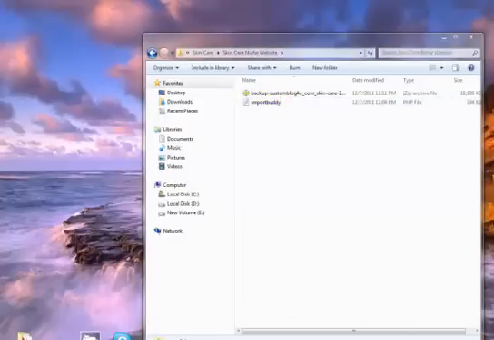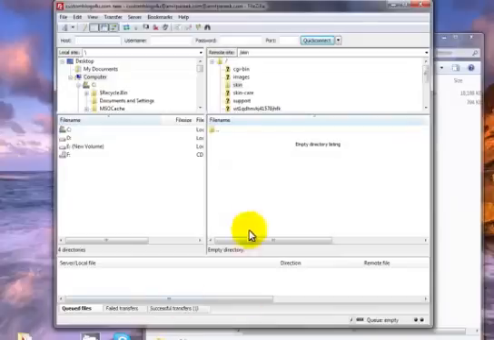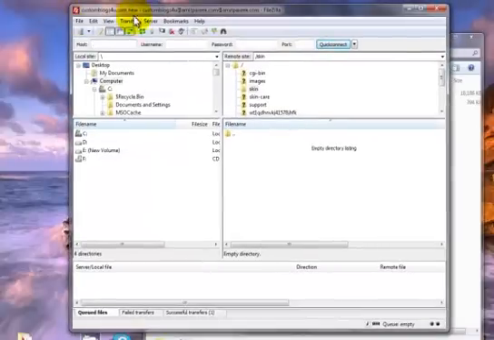Now open up your FileZilla. Here I already have it opened, and upload these 2 files in the same directory. Notice it, in the same directory where you want to install the website. In my case I want to install it in customblogsforyou.com/skin.